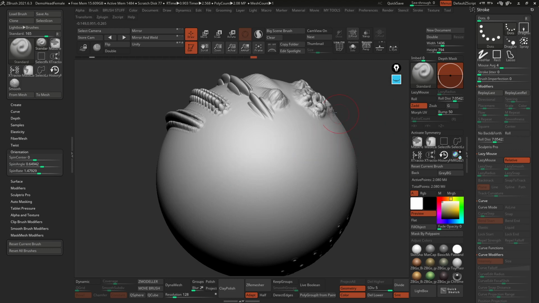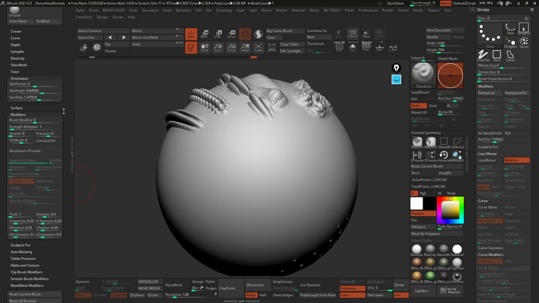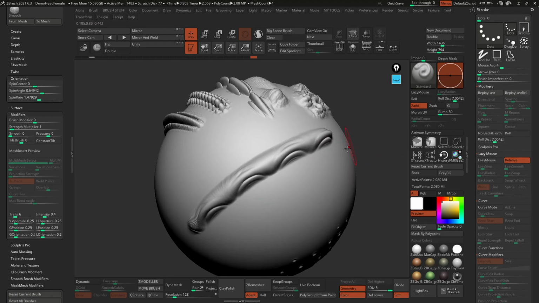All right, so the next thing I want to show you is in the modifiers. If you go to the modifiers on the brush palette, you have all of these settings. They're absolutely fantastic, and they control the behavior of the brush or how the brush is applied. So what I'll do is take these trails and enable, let's say, 6 trails. Trails are basically instances of the brush. If I go ahead and do that, you see everything is a lot smoother than before.